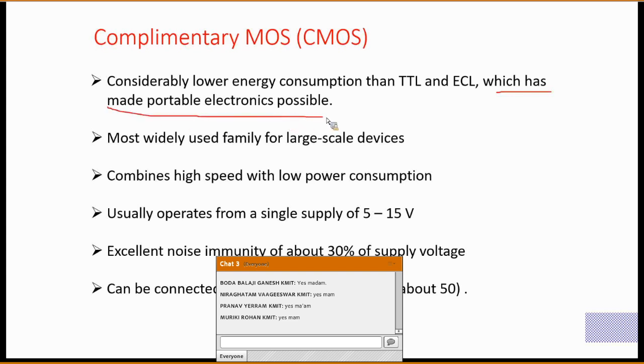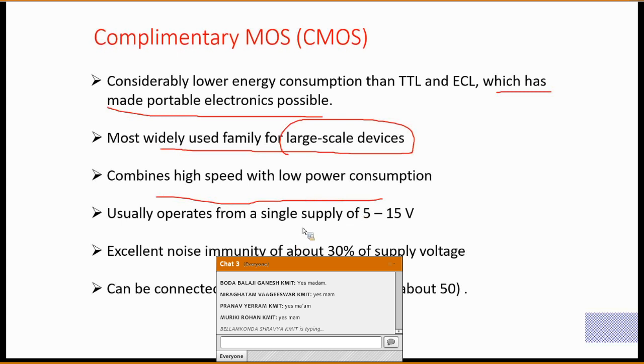as compared to TTL. Earlier TTL was used, now MOS technology is being used and is the most widely used family for large scale devices. Because of this CMOS technology only, our integration is becoming more and more, from VLSI to ULSI, etc. It combines high speed with low power consumption and usually operates from a single supply of 5 to 15 volts